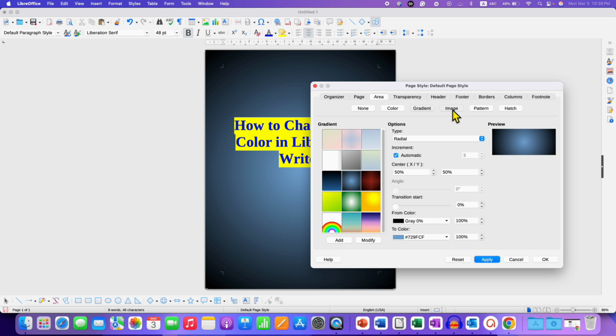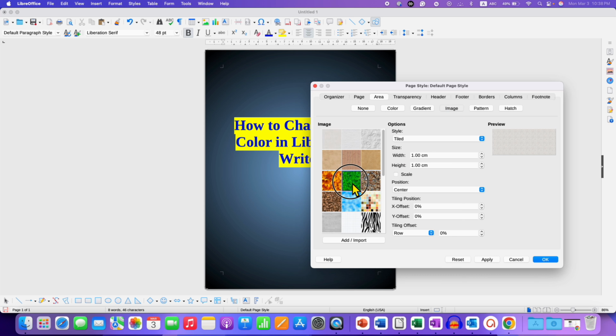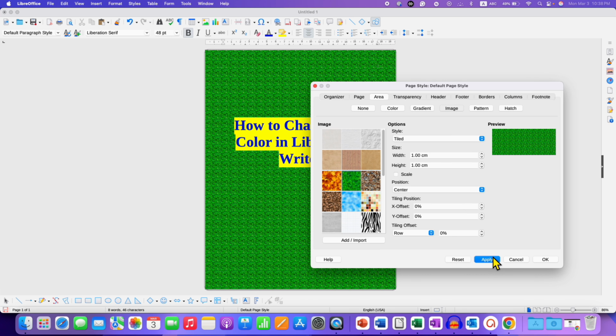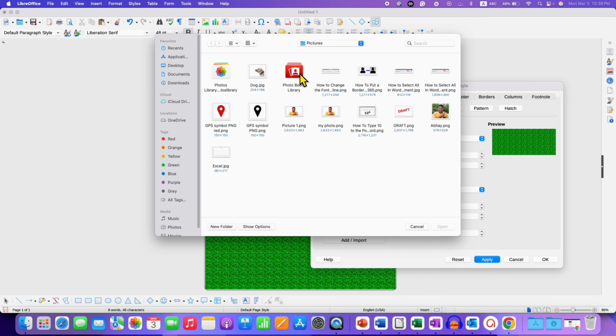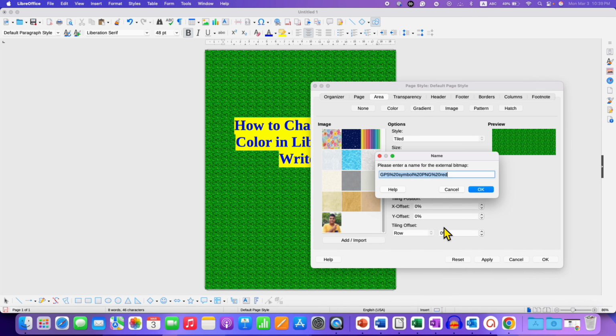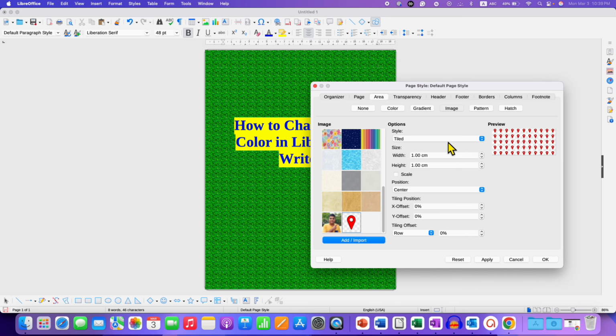If you go to the image option, you will be able to select the image that are available here, but if you want to add your own image, just click on add, select the picture and then click on open, give the name and click on OK, and select the option stretched if you want a single image to appear